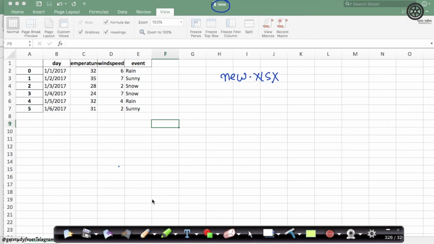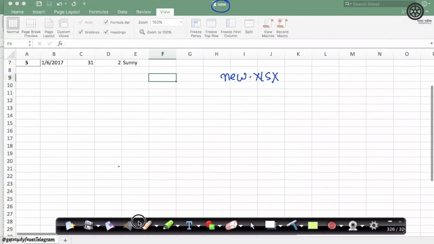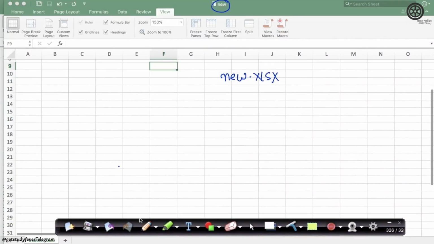Let me move this up slightly. What you'll notice here is this is called the sheet name, because in an Excel file, I can have multiple sheets like this.